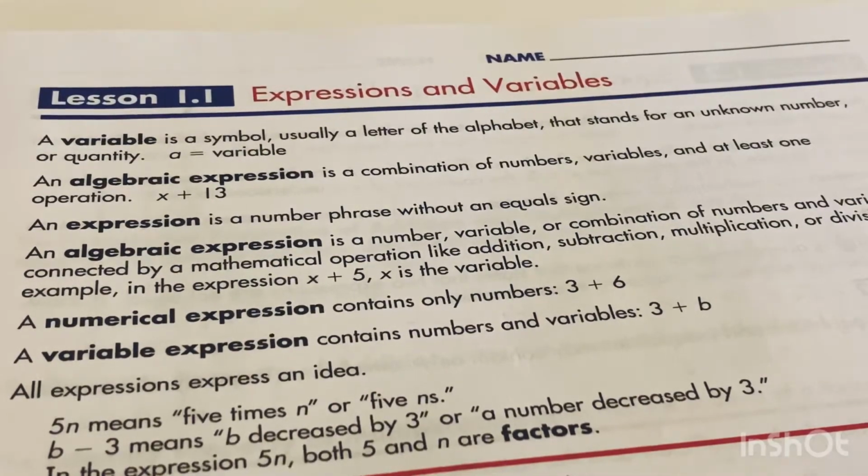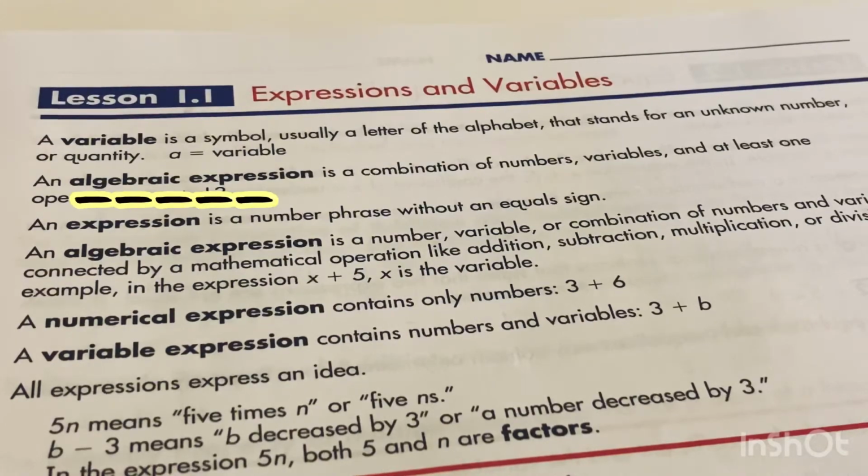So these are the terms: variable, algebraic expression, numerical expression, variable expression. All these terms we have almost discussed in our last video. We'll just have a quick recap. Now a variable is something which can vary, and we do not know exactly what its value is. So therefore they are expressed in the form of alphabets, any alphabets: a, b, c, d, x, y, z, anything. So we call them variables.